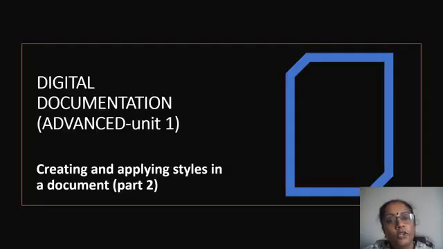We will now continue with our unit 1 of digital documentation, where we are understanding how to create styles in a document. In our previous class, we had learned how to create style and also how to give different styles to paragraphs and text in a document and to the different lists, etc. and using the fill format. In today's class, we are going to understand furthermore some other options which are available in the style and formatting dialog box. So let us look into it in detail.